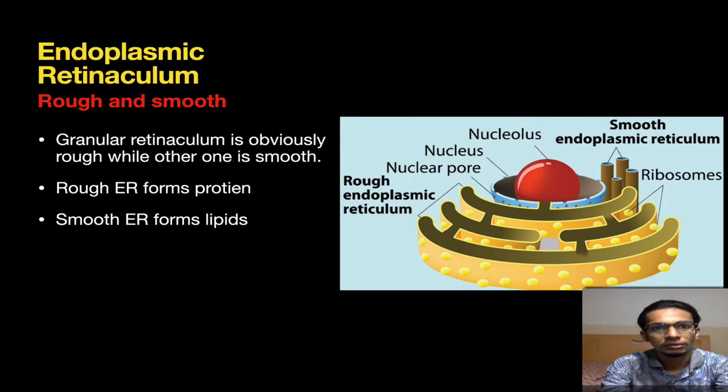Wow. So we have reached the endoplasmic reticulum. This is another important organelle which is of two types. Number one is the rough endoplasmic reticulum. Number two is the smooth endoplasmic reticulum. Now, what's the difference? Rough endoplasmic reticulum is the type of reticulum which has granules over it. In short, as the name suggests,